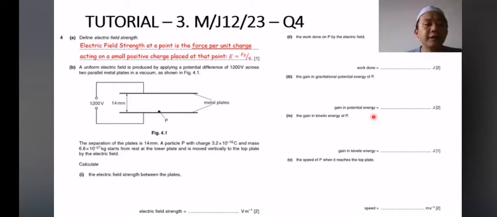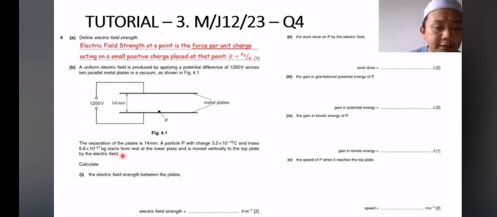Okay, straightforward. A uniform electric field is produced by applying a potential difference of 1200 volts. So yang ni kita tahu ialah V lah kan. Across two parallel metal plates in a vacuum, as shown in figure 4.1. The separation of the plates is 14 millimeters. A particle P with charge 3.2 times 10 to the power minus 19 coulombs and mass 6.6 times 10 to the power minus 27 kilograms starts from rest at the lower plate and is moved vertically to the top plate